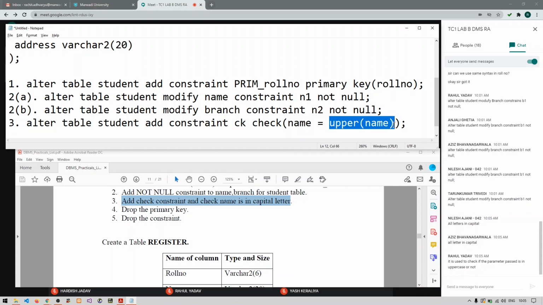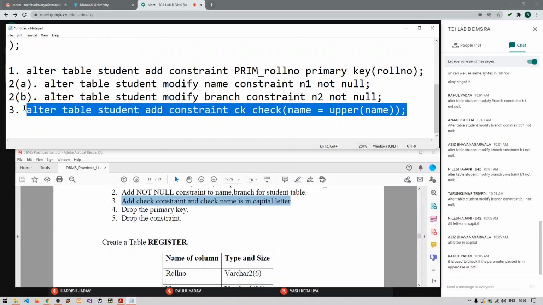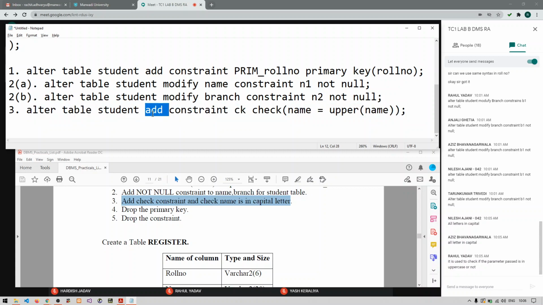That means whatever value I have given for that name, it will check that all the characters are in uppercase. So this is how you add the check constraint. We are using the add keyword. Remember, only when you are adding the not null constraint will you use the modify keyword. Otherwise, you use add only.